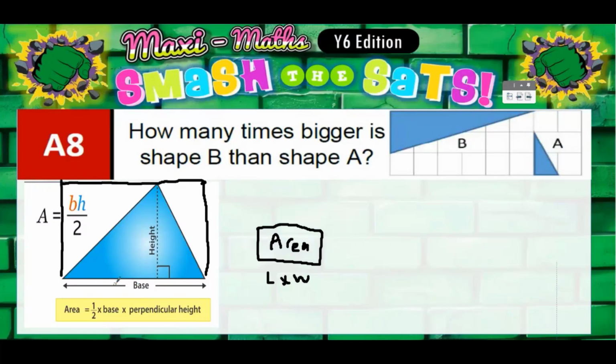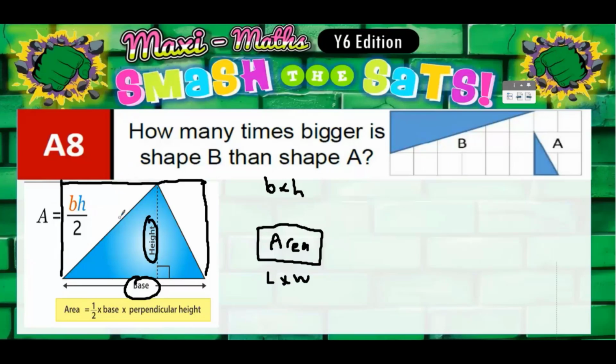Instead of along the bottom calling it the length, we call it the base. And instead of the width, we call it the height instead. So we don't use length times width, we use base times height. But also, you need to divide that by 2 because this triangle has exactly half the area of the whole